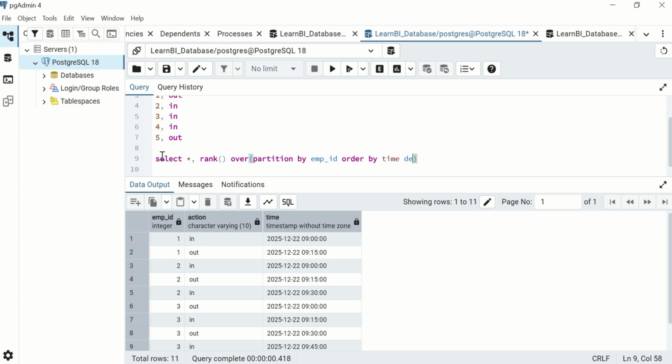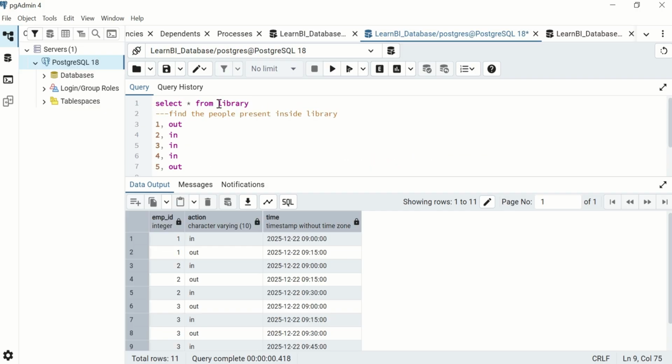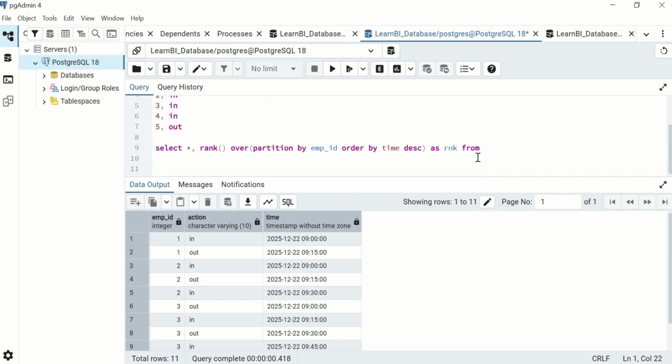We order this time by descending so that you can have the latest time, so that you rank the time from the latest to the earliest. We can call this rnk, from our table, which is library. If we run this,